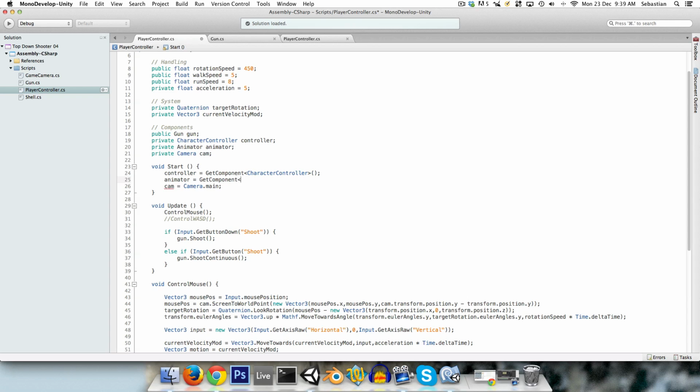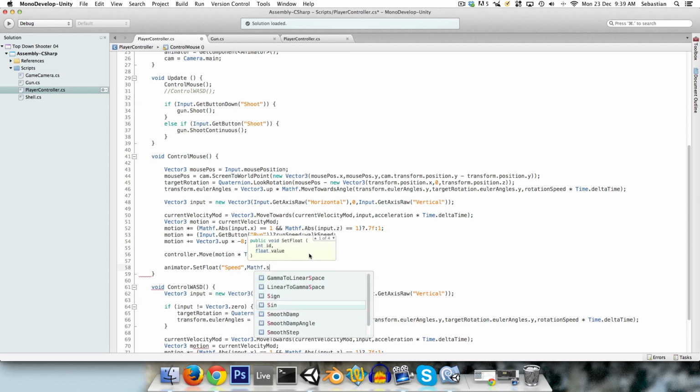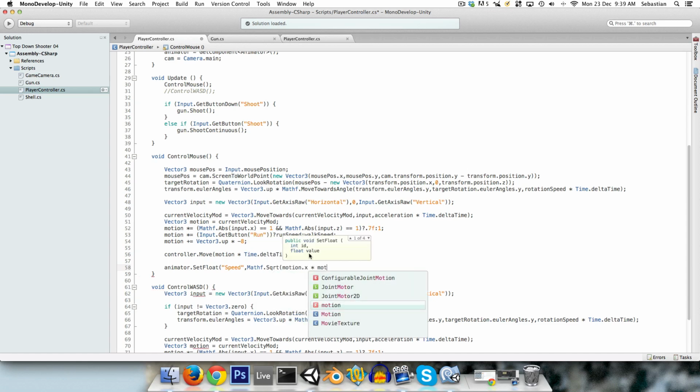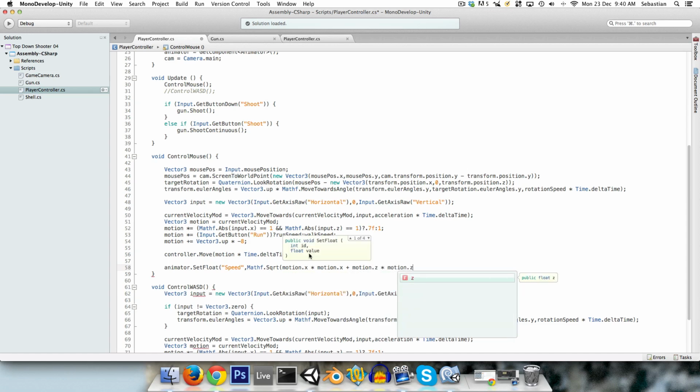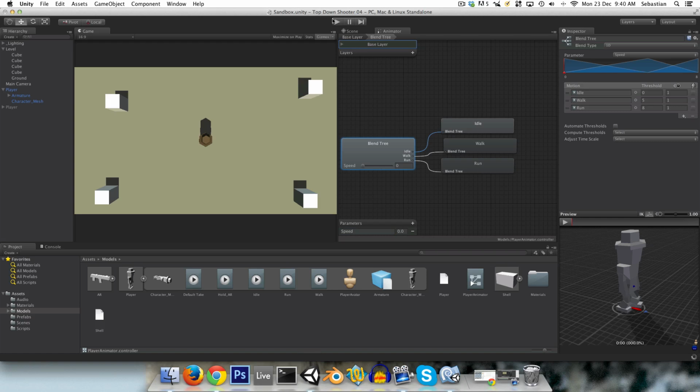Okay, I'm back. So we're getting the animator component, and now we'll say animator dot set float, and the name of the float was speed, and we want to pass in the speed, so we'll just get the square root, Mathf dot square root of motion.x squared, so we can just times it manually, motion.x times motion.x plus motion.z times motion.z, and later on we'll be a little bit more precise in that,